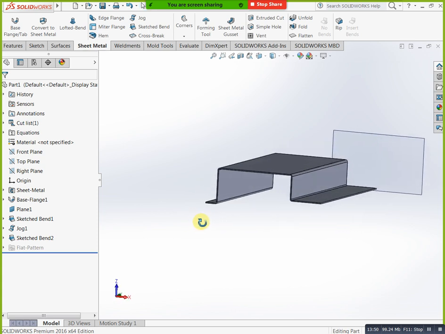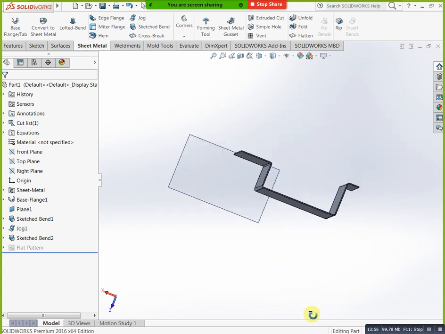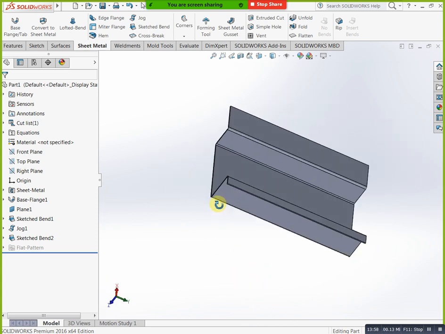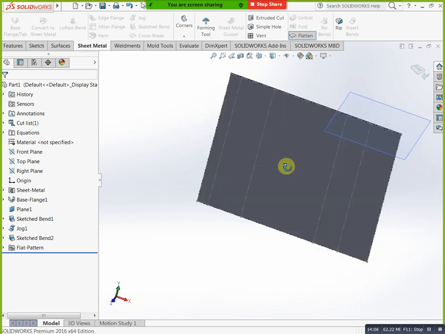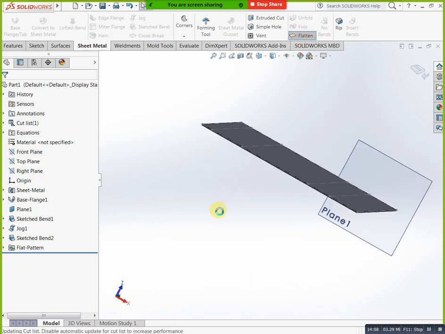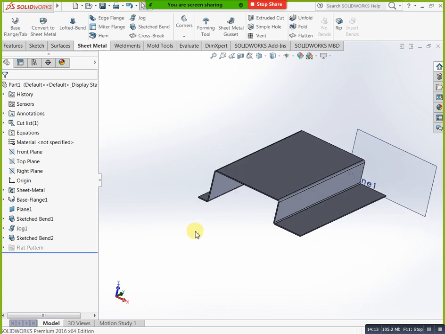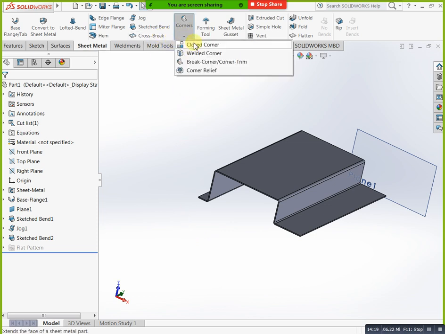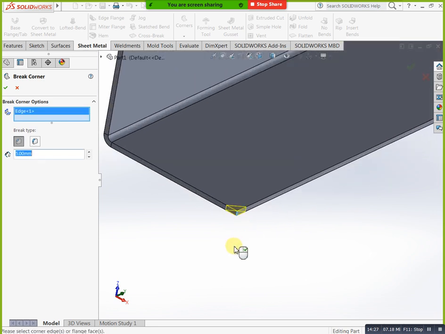Okay, if you need flatten at a time, you can see flatten, unfold view. Again select this one, you are getting normal layer. Next, here we have closed corner and welded corner completed. Next, break corner or trim corner. If you need any chamfer for these edges, select this one and you can increase how much you need. I need like this 25 by 24. This side also I need. You can select this one.